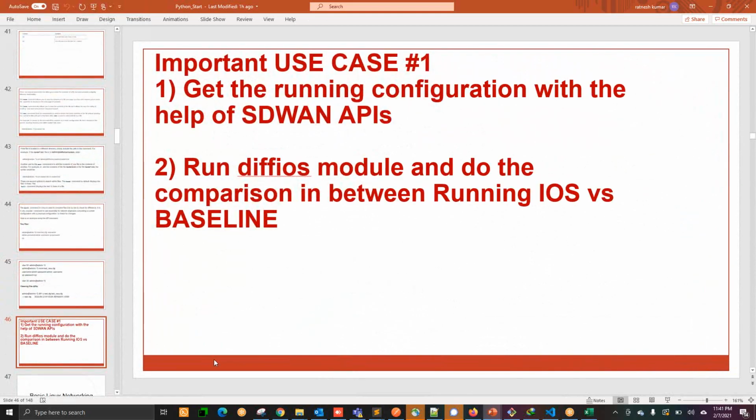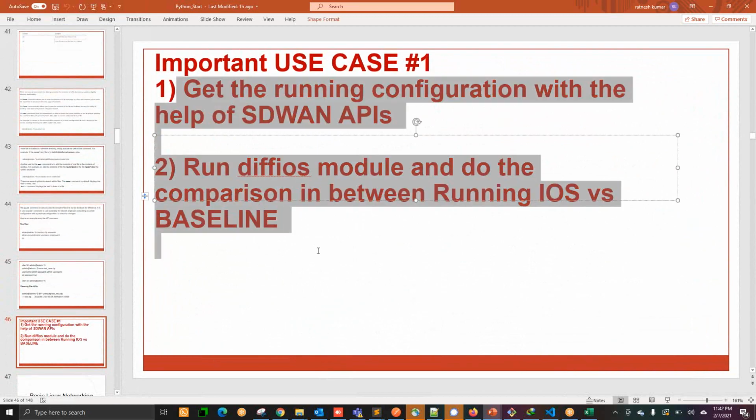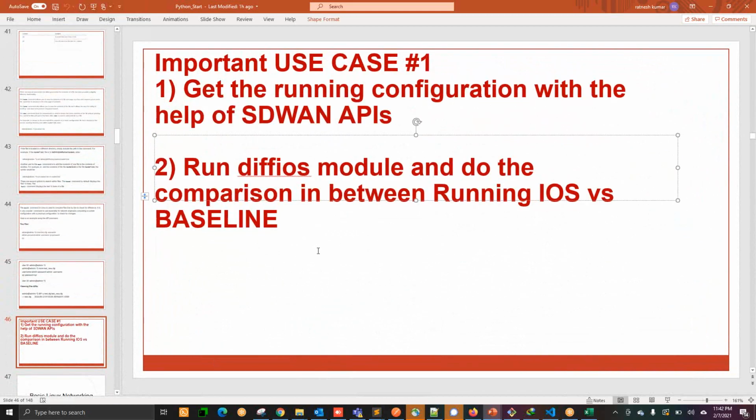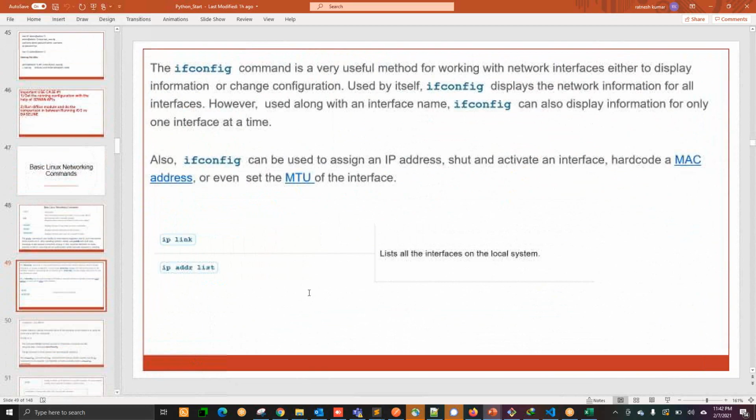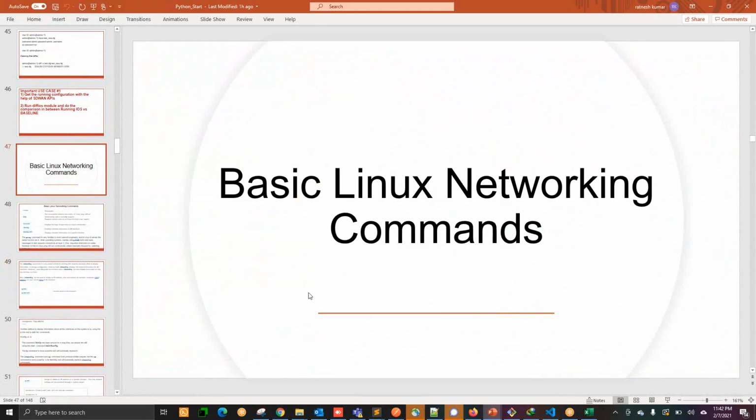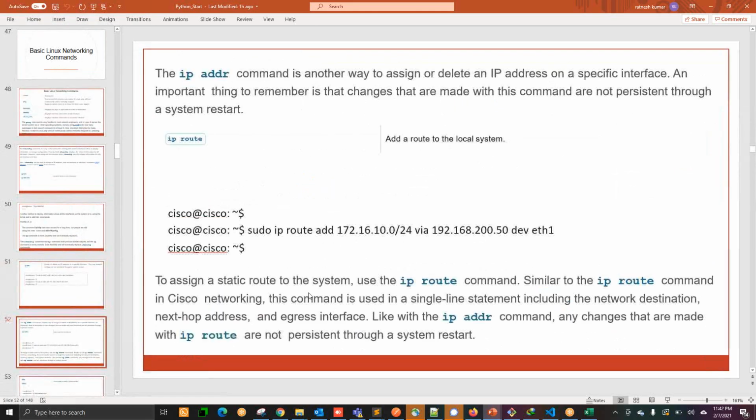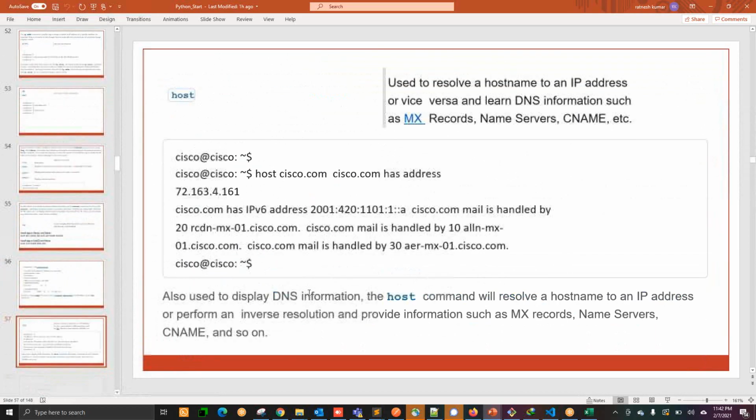Once the Linux slides are over, then the use case, we have already discussed this. The use case is that you will take the configuration from the SD-WAN, then you have the baseline, and then you can do the comparison. And that comparison you can print in the Excel sheet. Okay, we are going to work on this in our lab. Then basics of Linux related to networking, ipconfig, ip route, add the route, delete the route, etc.